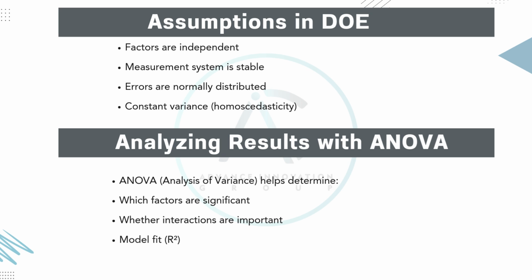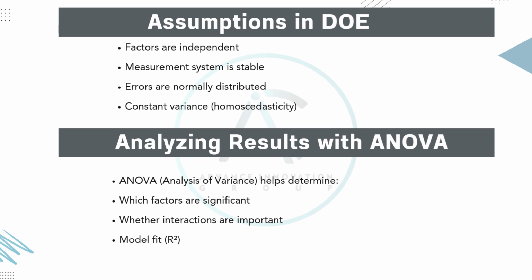Once the experiment is complete, we analyze the results using ANOVA, which stands for Analysis of Variance. ANOVA helps us identify which factors have a significant effect on the response. It also tells us whether interactions between factors are important. Additionally, ANOVA provides a measure of how well our model fits the data, typically expressed as R². Understanding these assumptions and the role of ANOVA is crucial for drawing valid conclusions from our experiments and for optimizing